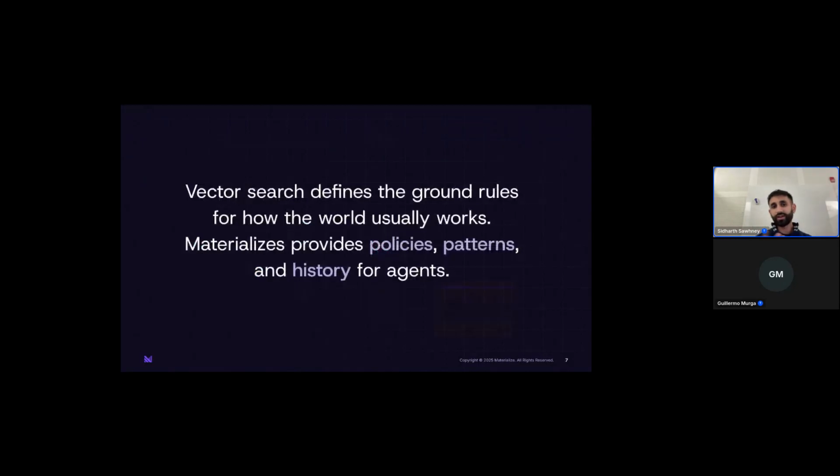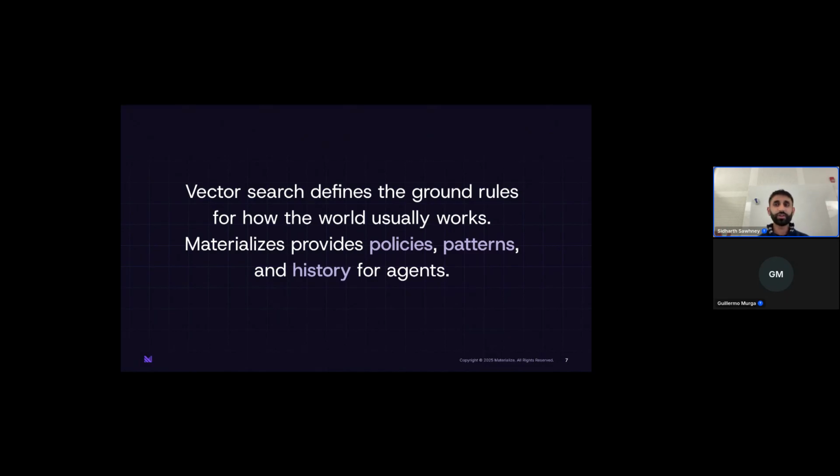Now, I want to also do a quick aside here where there's been a lot of work and a lot of talk around vector databases, and vector databases are great at what they do, and we've spent a lot of time and effort as an industry to create very performant and very effective vector databases. But fundamentally, vector databases store the rules for how the world works. You can think of this as if X happens, then Y. Like what products should I be able to substitute, for example, or historical information about avocado pricing, for example.